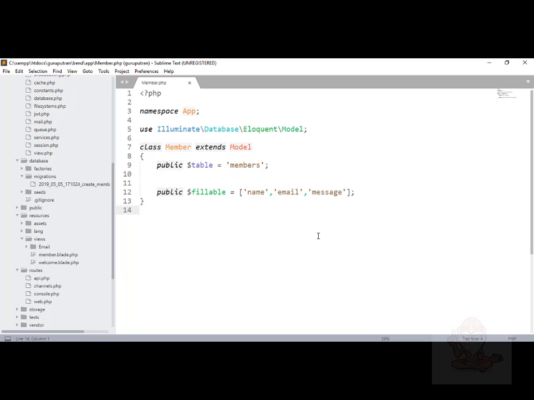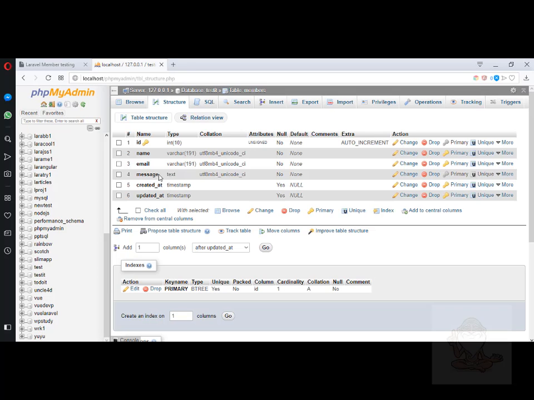Hope till now everything is clear for you guys. So now once the member model is created, our next step is to do the migration. Migration is nothing but creation of these three fields inside the database, which is MySQL for us in this context. So as you can see, name, email, message is created.